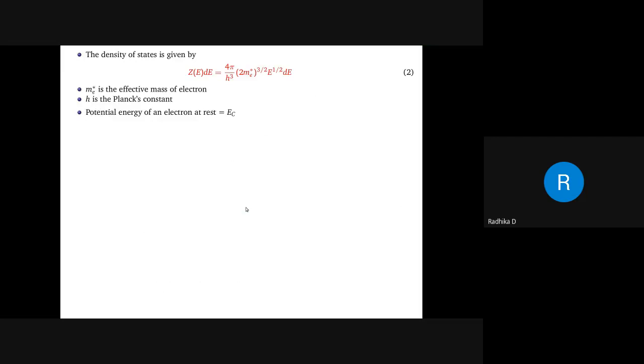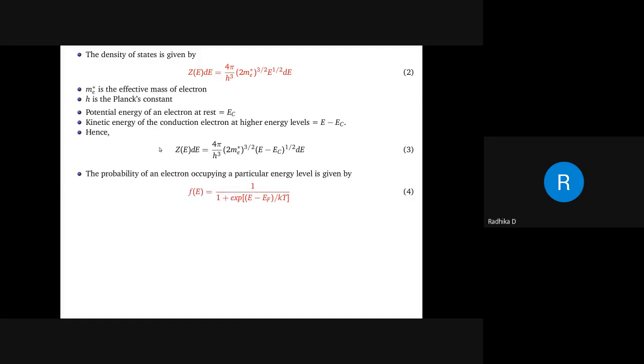So yesterday we saw this expression for density of states. Then we brought in this condition. What if we consider the kinetic energy of the free electrons, for the reason that the free electrons are in movement? They keep on moving, so you should consider the kinetic energy. So you have rewritten the Z of E dE, that is your density of states.